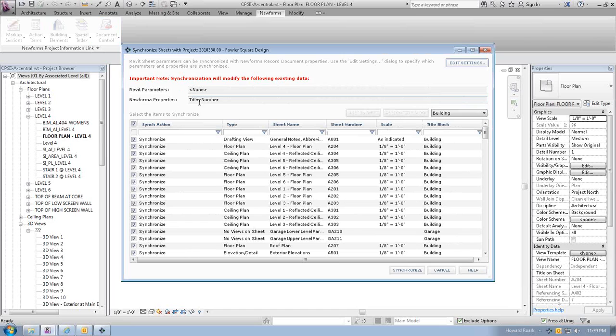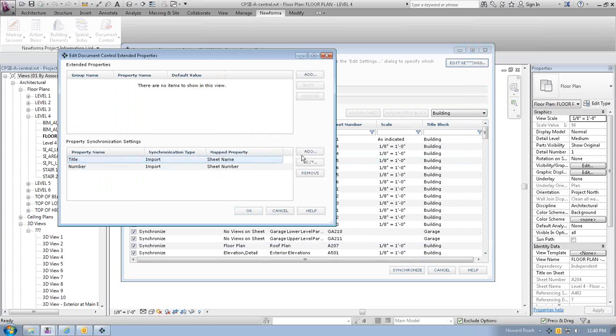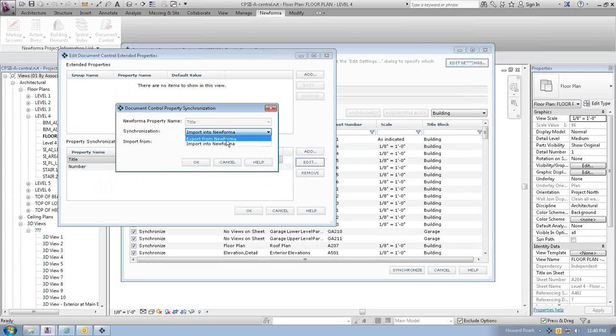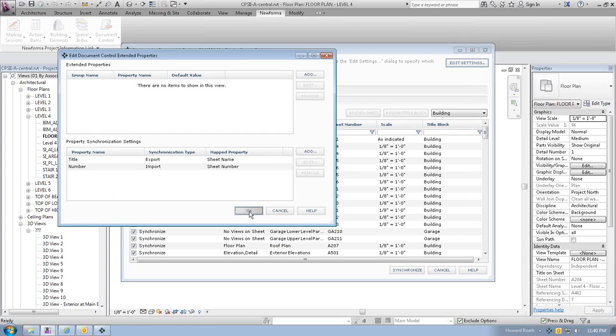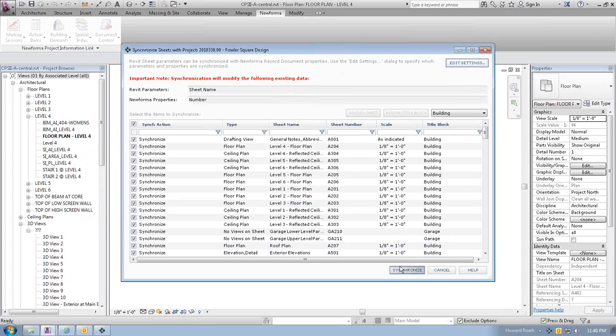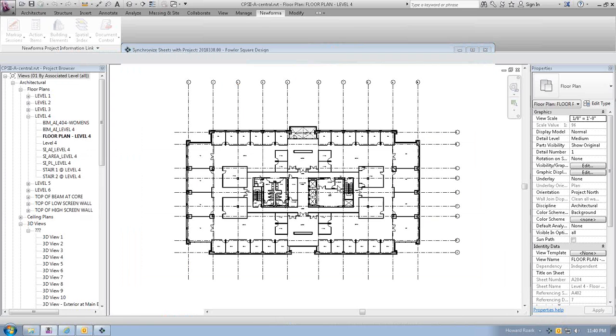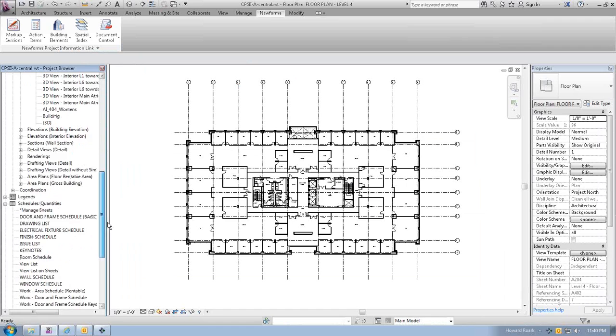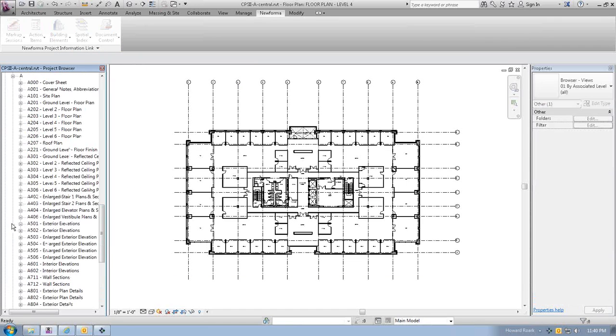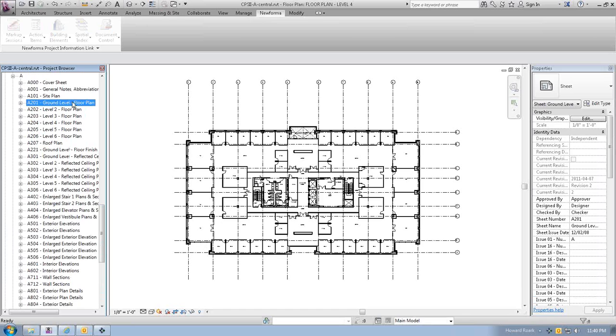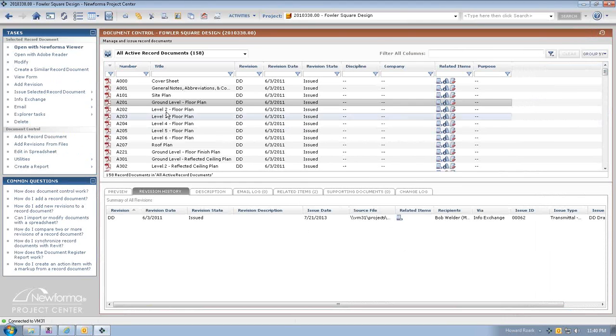I'll need to ensure that I'm pointing it in the right direction. So I actually need to change this, the actual title. So edit settings and title, instead of importing that into Newforma, I now want to export that from Newforma. And now I can synchronize and update the drawing names here within Revit, so that those are no longer indicating level 1, but that they're indicating ground level. So update accomplished, and keeping that synchronization for that data and allowing me to keep consistency for what sheets are available